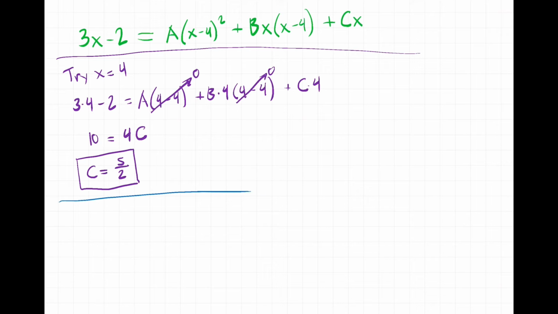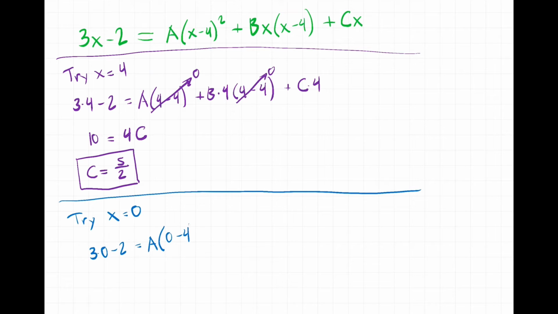Let's go down here and let's now make a different choice for x, and hopefully we'll be able to solve for a different variable. In fact, I see that both b and c are being multiplied by x. So if I can make the x go to 0, then I should be able to isolate the a instead. So let's try x equals 0. So 3 times 0 minus 2, I'll just write that in here, minus 2, equals a times